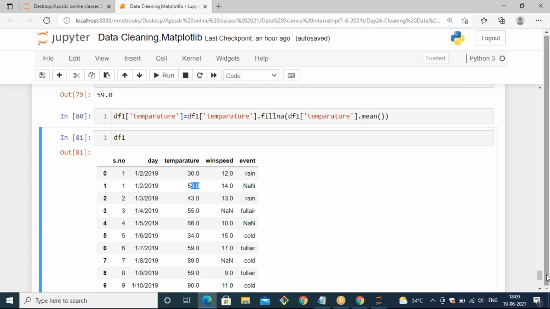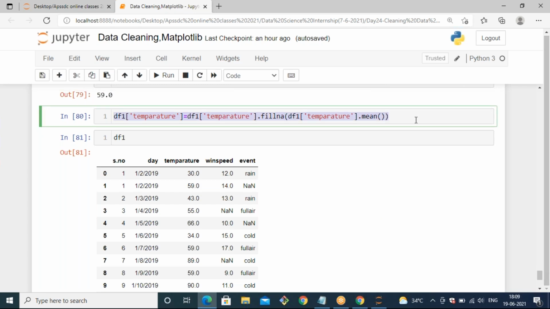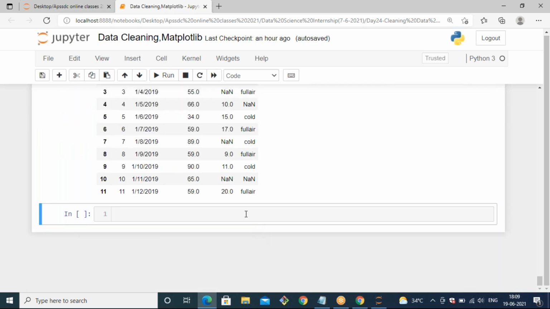As well as that, you can also fill any kind of column with the median. Now let's fill the NaN values of wind speed with the median of wind speed.